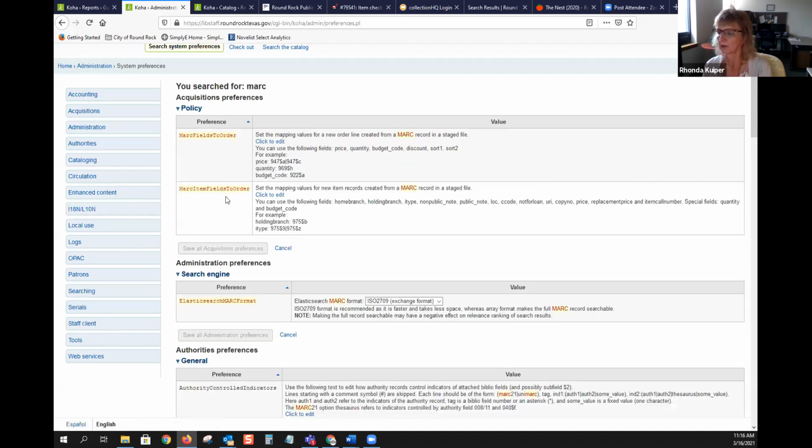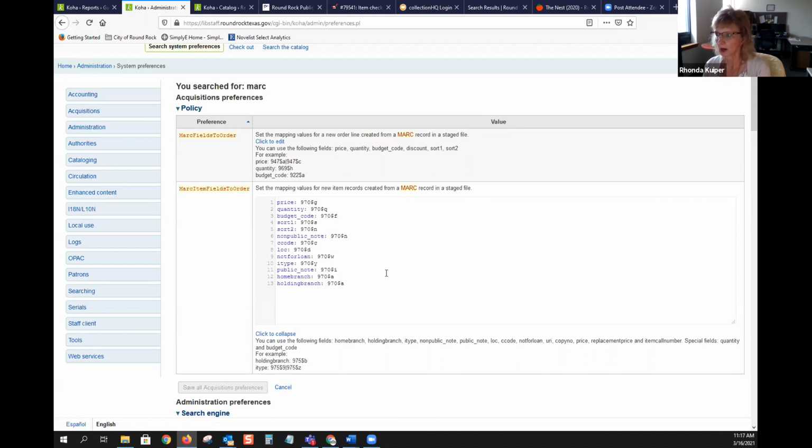Now those are bib level kinds of things. These right here are for item level information. So if you have grid set up, which we saw with Michelle, she had grid set up, and you'll see with Holly too, that they're grid set up so that you can specify, this item goes to the main branch, this item goes to East branch, this item goes to West branch, whatever your branches are called. And this is how you would set that kind of thing up. So whatever gets set, you work with the vendor to have,